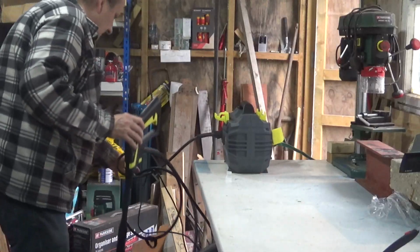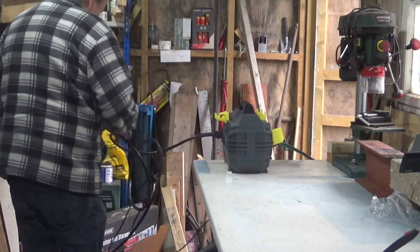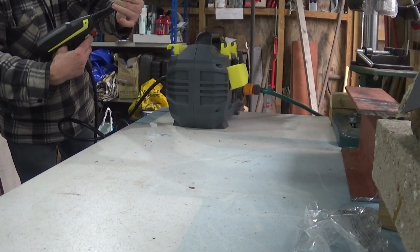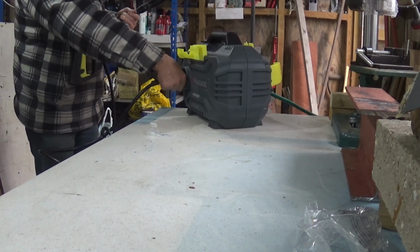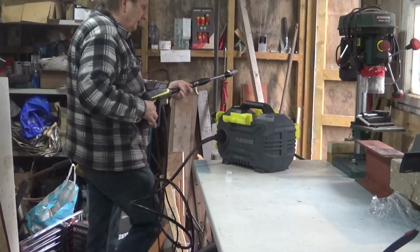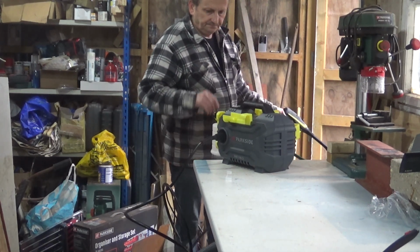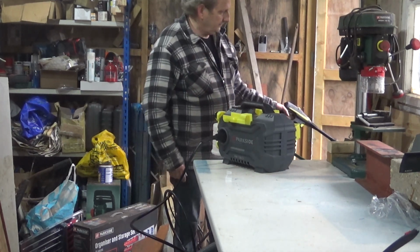So when you want to shut it down, when you finish for the day, you will not be able to take this thing apart until you do. You can't, for example, press that to take that off. You can't undo the pressure thing there, that will not move until you've shut it down properly. To do that, what we do is fire it up, turn it off, let the pressure off,